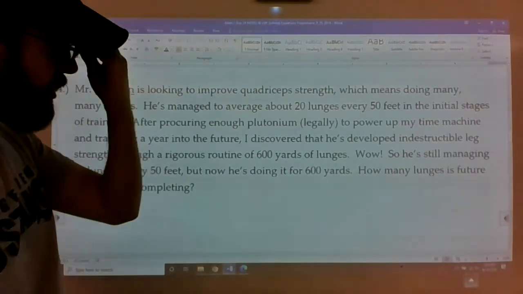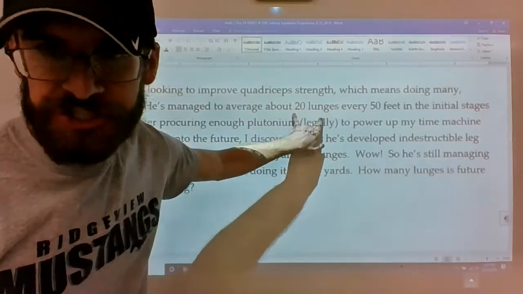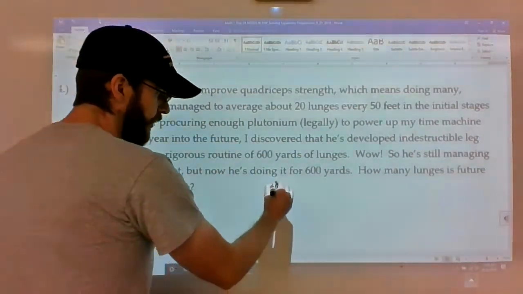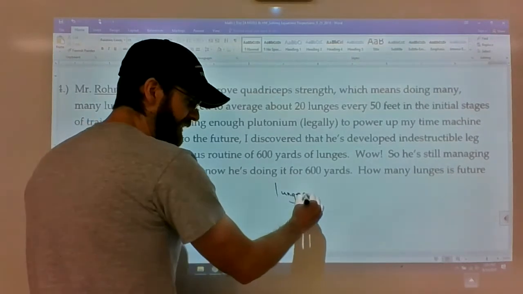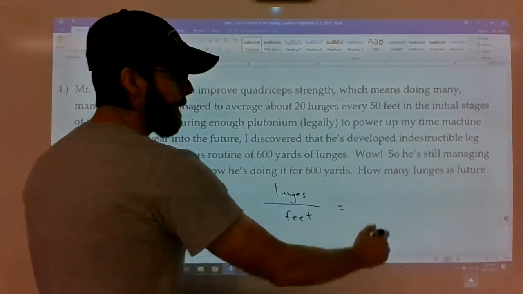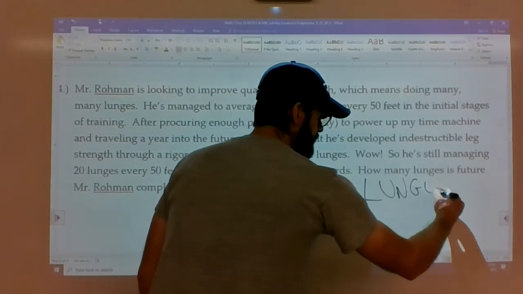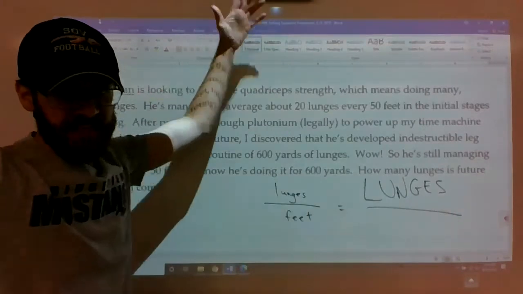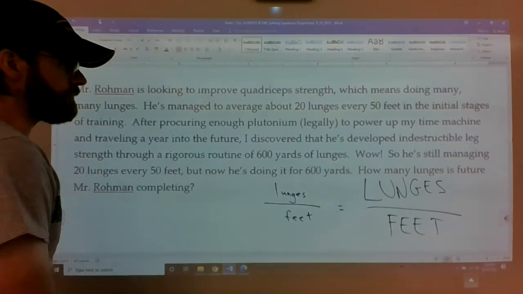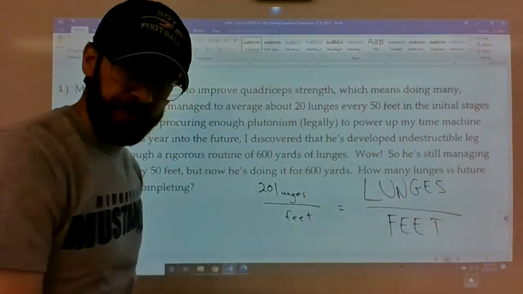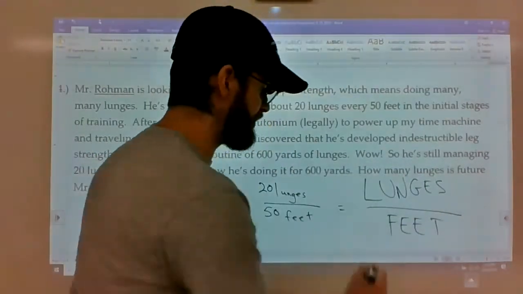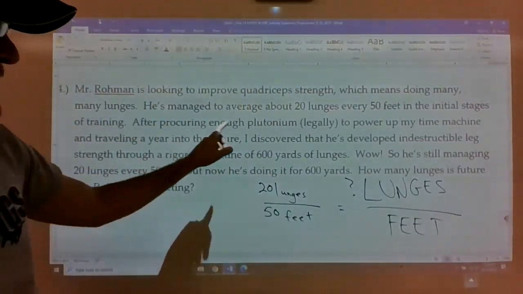Well, let's think about this in terms of, I'm given a lunges divided by feet ratio to begin with. So let's just look at it from that perspective. So at the beginning, he was doing a little lunge amount divided by a little distance amount. Now we got to figure out big lunge divided by big distance, big feet. So 20 lunges every 50 feet. How many lunges, that's the question, after 600